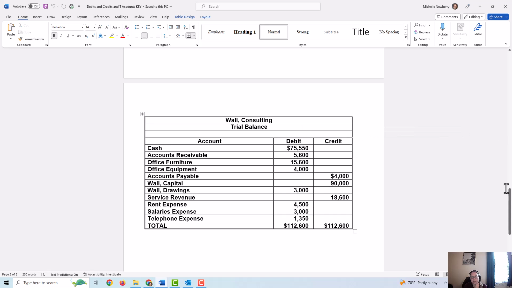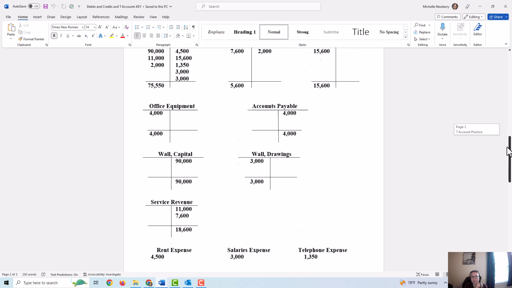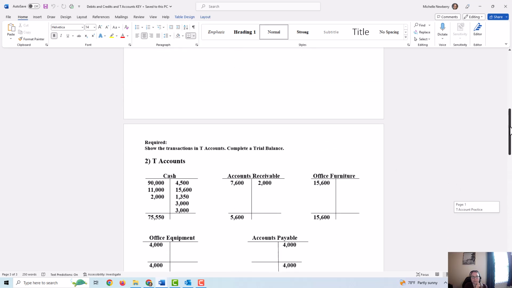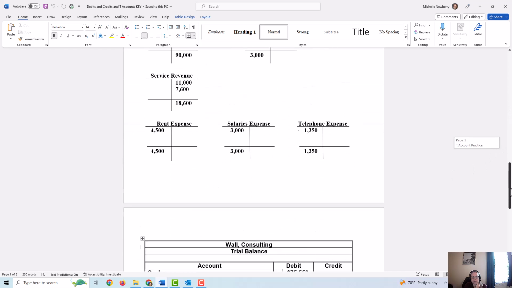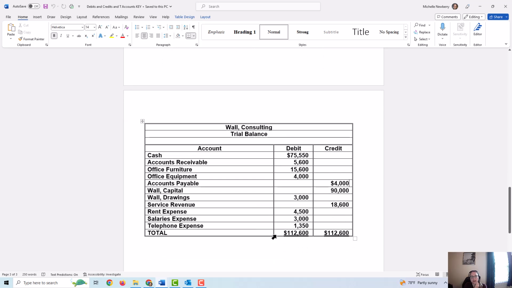So my cash account, as I just showed you on the board, had a $75,550 ending balance on the debit side because the debits were bigger than the credits. So I brought that number down here. Accounts receivable had $5,600 as an ending balance on the debit side, so I brought that down here, and so on. Some of these have ending credit balances also, so just make sure you pay attention to that. And then you're going to add up the total debits, add up the total credits, and they should equal,